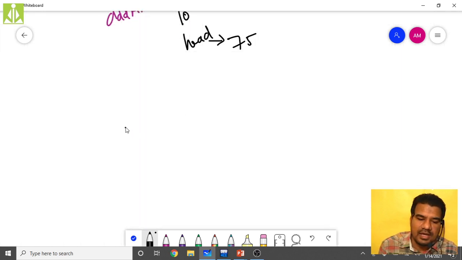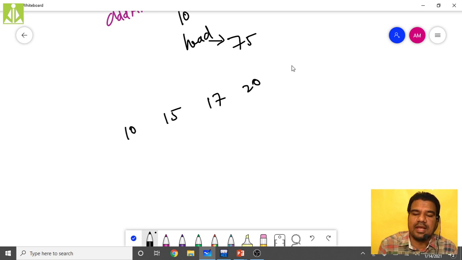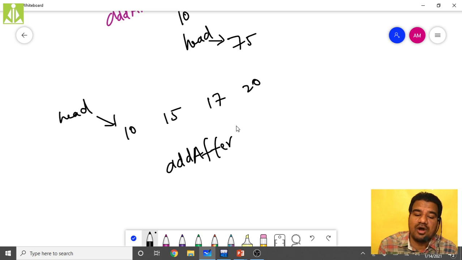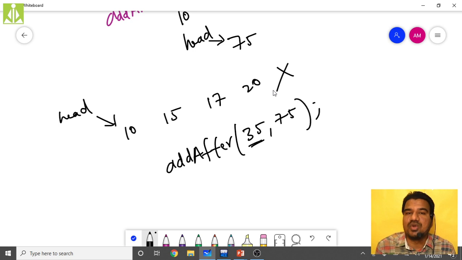I have 10, 15, 17, 20, like this, and head is pointing to 10. I want add after key value 35 with new data value 75. Is it possible? Do I have 35 in this doubly linked list? No, I don't have. So simply it has to return a warning message that key value 35 does not exist inside the circular doubly linked list.